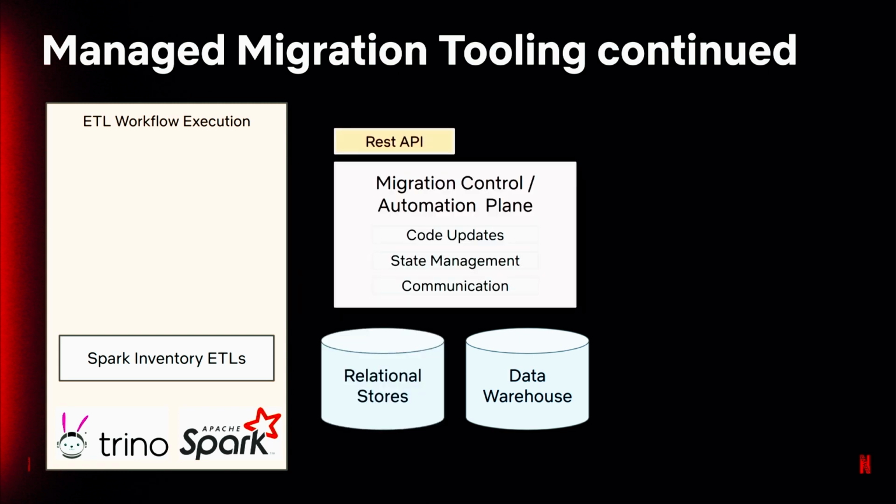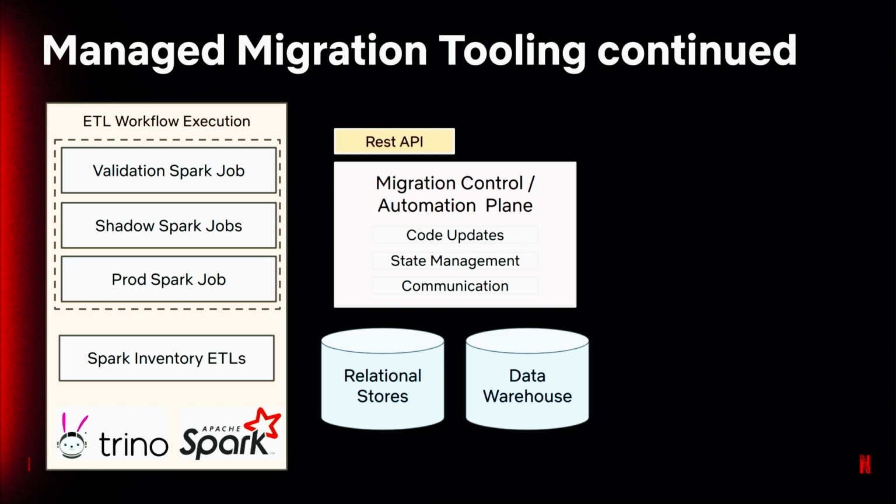Next, as I mentioned, we have our migration control and automation plane that automated a lot of the work from our downstream users, like maintaining the state of the workflow throughout the migration process, scheduling it for validation, communicating with our downstream org champions and end users, and automating the code updates, pushing them back up to the upstream, basically completing the migration process. A big piece of this migration tooling was the validation of these Spark jobs, making sure that we're maintaining similar performance and the same data written across both versions. As Holden will describe in more detail later, we did this through shadow snapshot Spark jobs across both the prod version and the